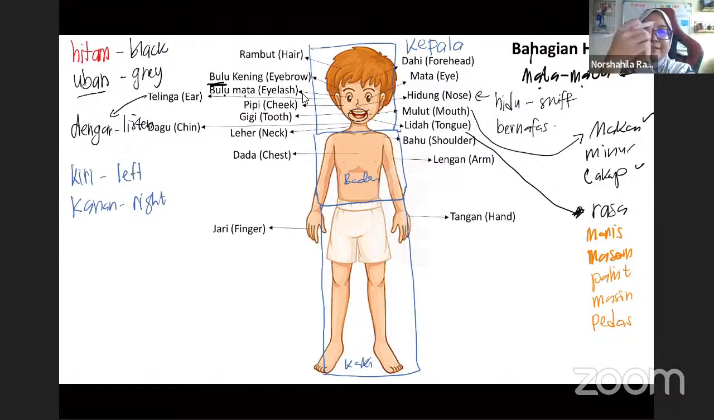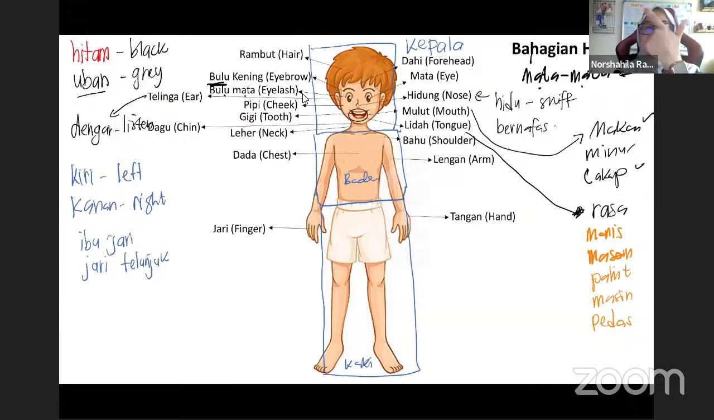Same with English. English calls them thumb, index finger, middle finger, ring finger, and pinky finger. In Bahasa Melayu, we call the thumb ibu jari. This part is ibu jari. Then we have the index finger here. We call it jari